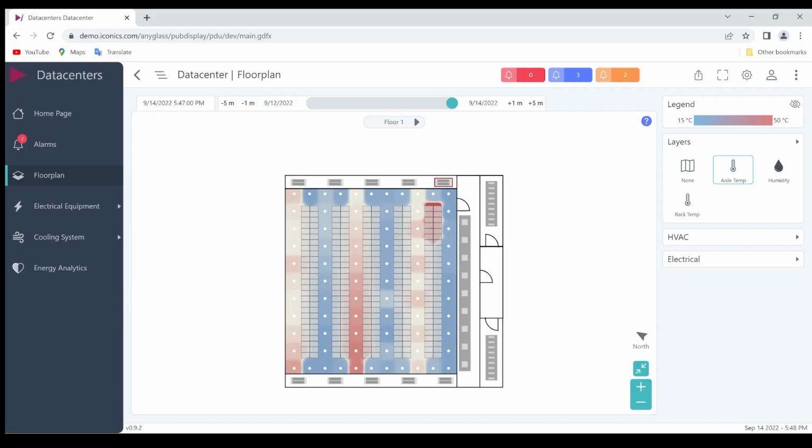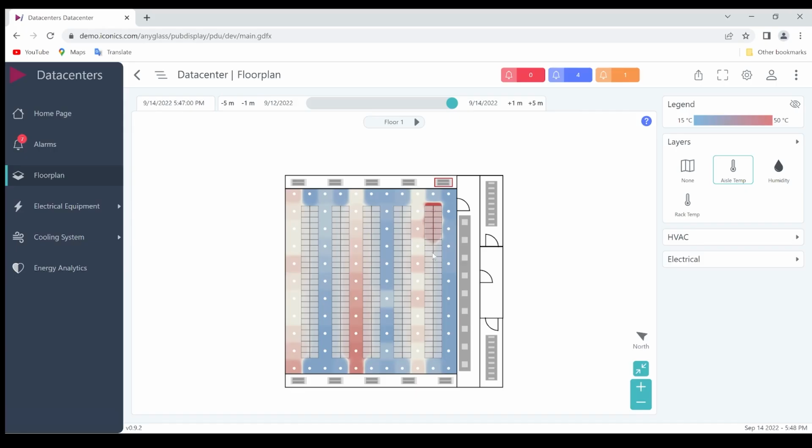Typically, if everything is fine, colors will be transparent. But this is animated to show what it would look like if I have aisles that are overly cool, going to a bluish color, or overly hot, going to a reddish color,